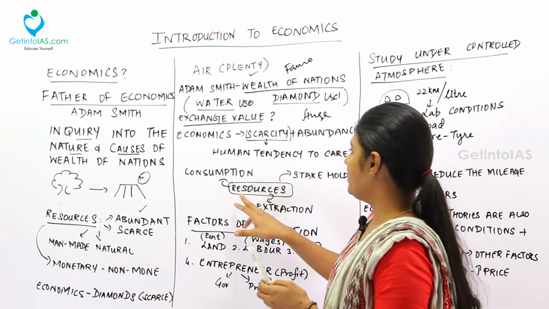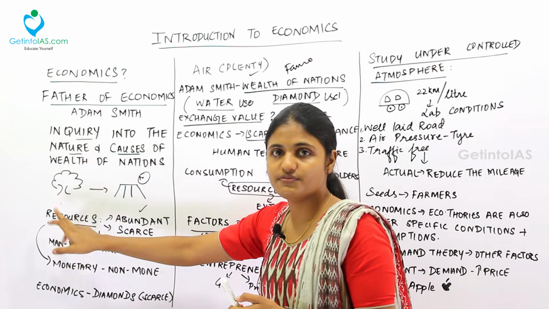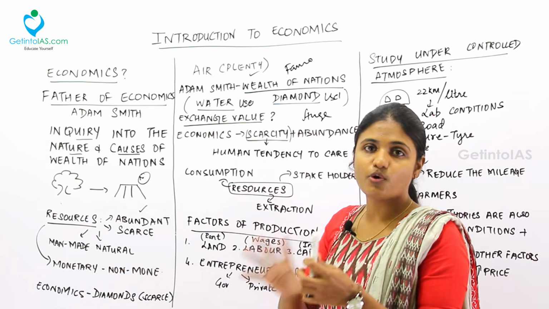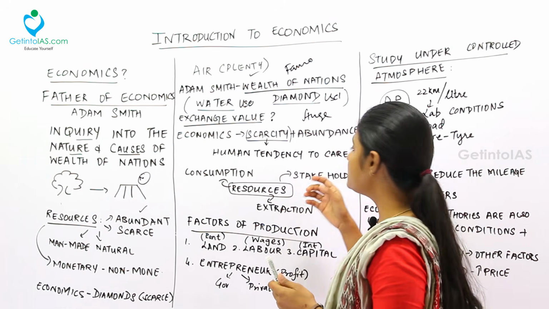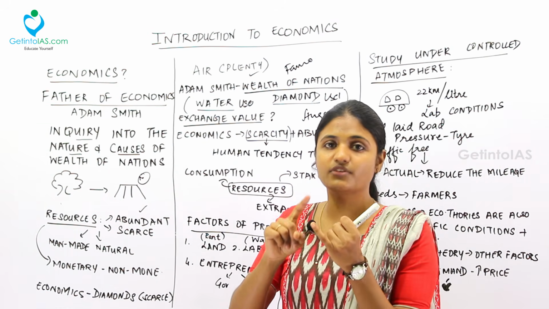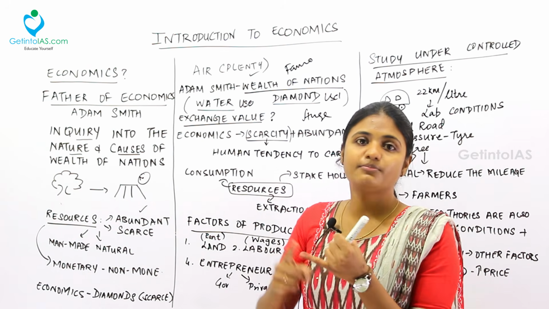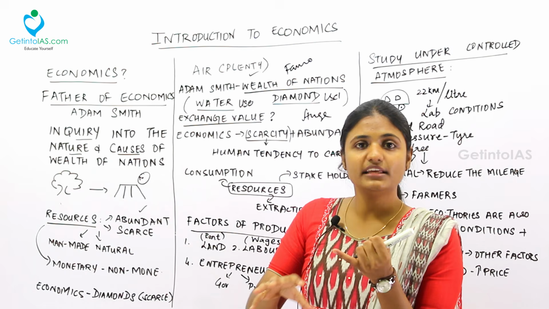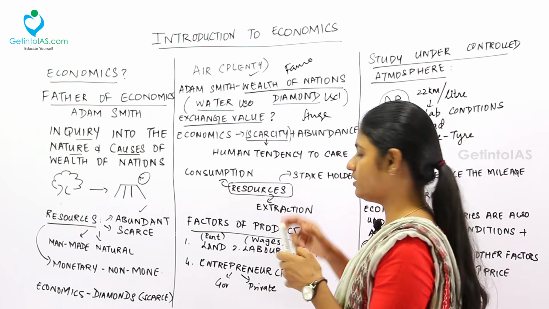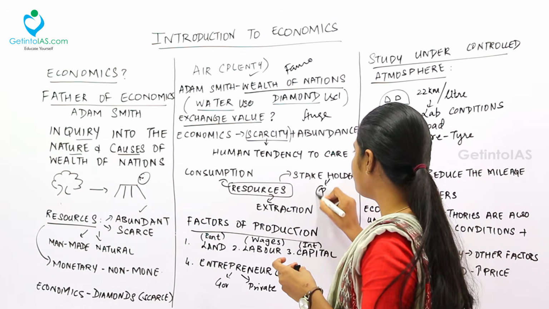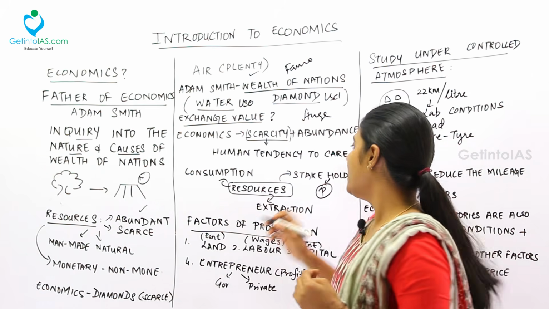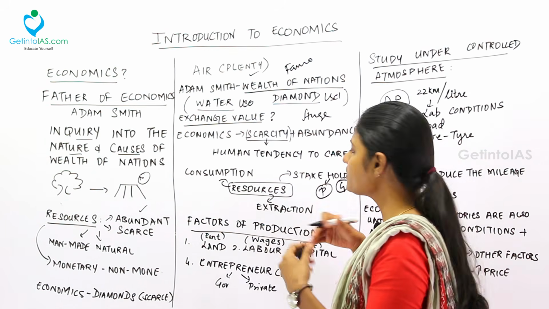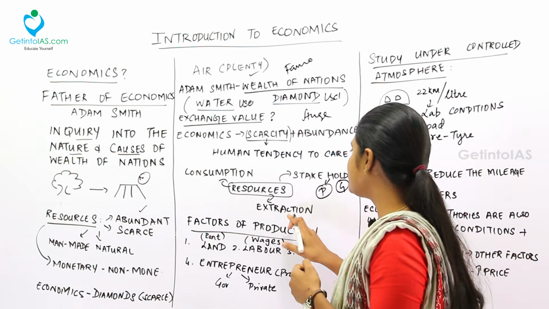Fine. Next, a very important thing is, I told already resources. We are dealing with resources only. In resources, we have three kinds of things revolving around resources. First thing is the stakeholders who are all involved in the resources. For example, if government are involved, take coal mining. So someone is mining the coal inside the ground. Who are all involved? In case if it is private, people will be involved. Individuals will be involved. In case if it is government, government will be involved in the mining of coal or diamond or any resources.